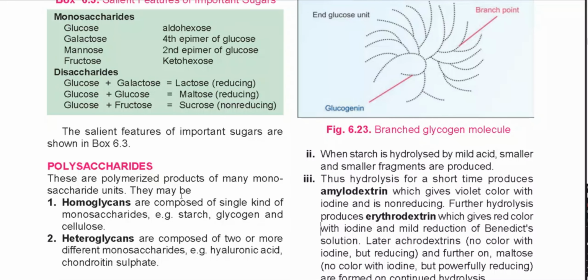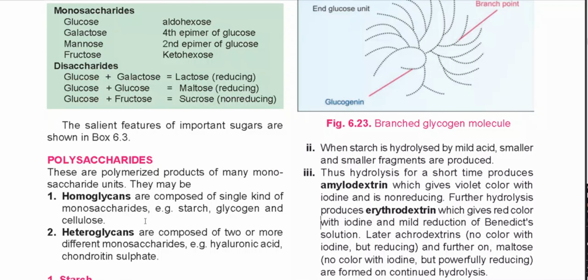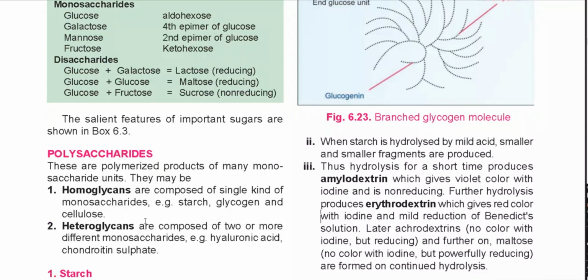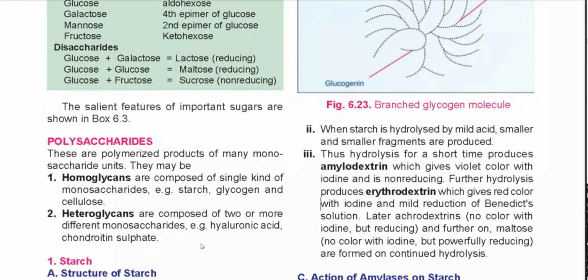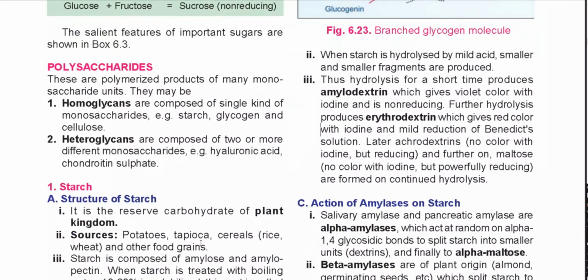They may be of two types. One is homoglycan, which is composed of a single kind of monosaccharide, the same type of monosaccharides, like starch, glycogen, and cellulose. Secondly, heteroglycans are composed of two or more different monosaccharides, like hyaluronic acid and also chondroitin sulfates. So let us understand one by one the polysaccharides, their structure as well as their applications or